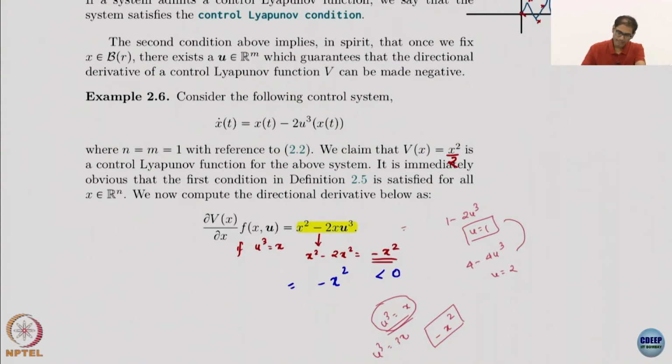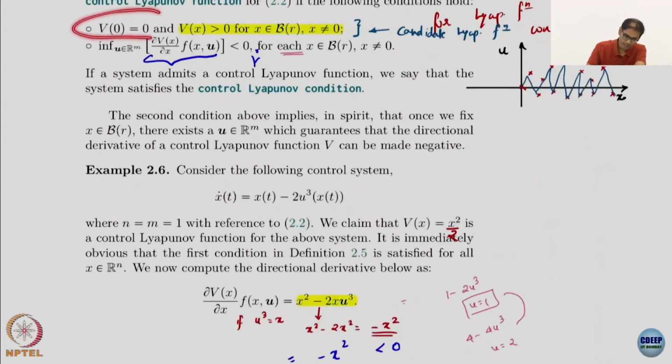Now what do I say? I claim that V equal to x square by 2 is a control Lyapunov function. Yeah, remember this looks pretty much like the Lyapunov functions we've been choosing, right? Which is not so surprising because the first requirement is that it has to be a candidate Lyapunov function, right? So the V(x) that I choose for a control Lyapunov function has to be a candidate Lyapunov function. So the structure cannot be too different. The control Lyapunov functions also have an energy like structure, some quadratic terms or something that cannot become negative and things like that. Okay, so V(x) equal to x square by 2 obviously satisfies this condition.